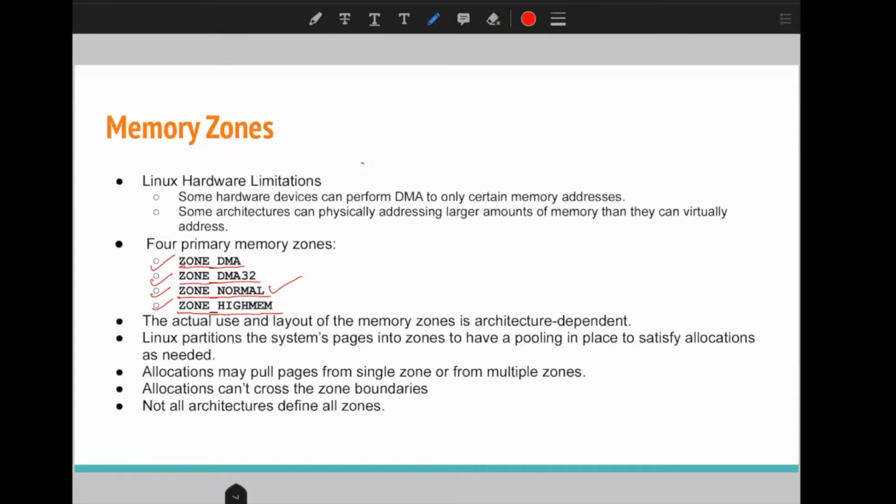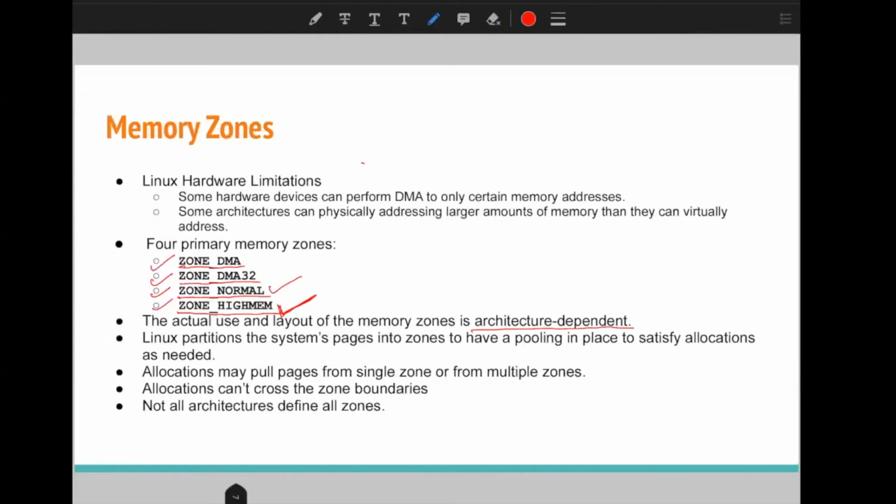So based on the requirement, we map this high memory area. This helps the kernel to allocate memory to different processes as per their requirements, and it is totally dependent on the architecture. So we can implement different zones depending on our architecture.